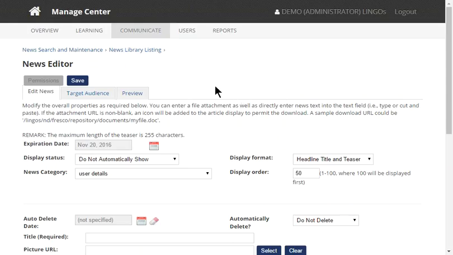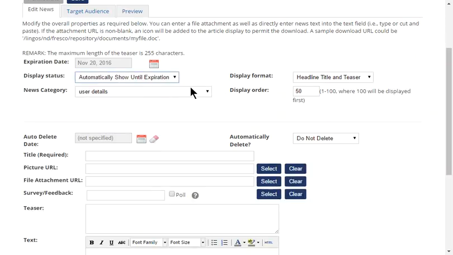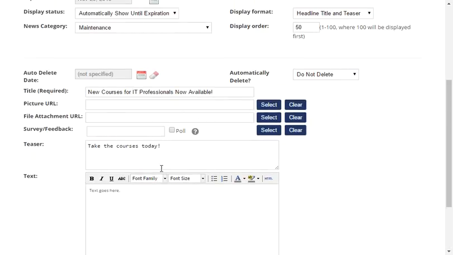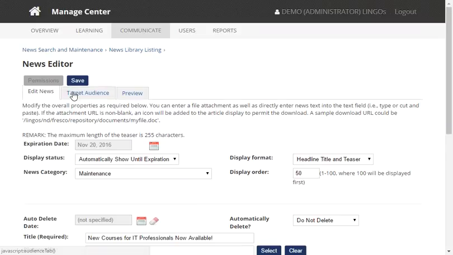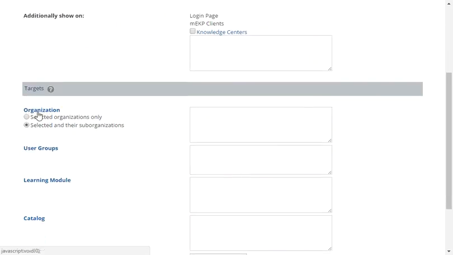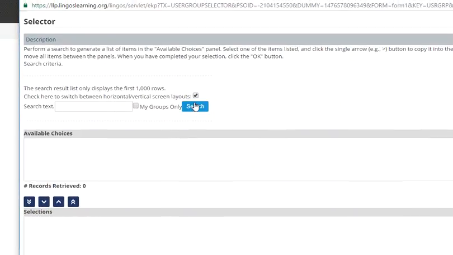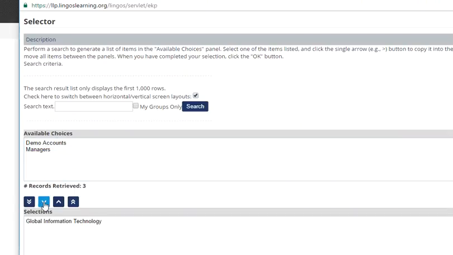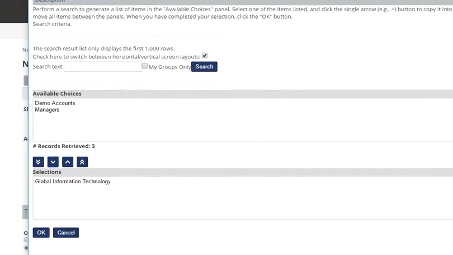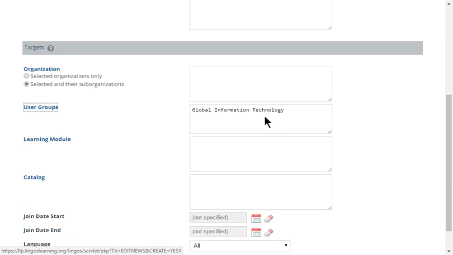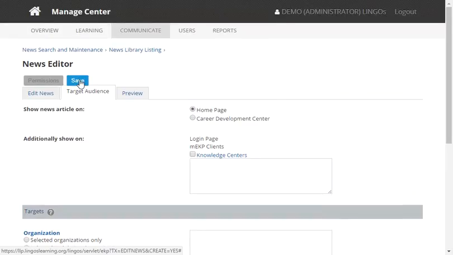Another place user groups can come in handy is in the news editor and leaving announcements for folks. You can come here and create a new announcement. So I've created a new announcement here to let the IT professionals know that there's a new course available, and I would fill in the information here, of course. Now for the target audience, instead of going by organization, I'm going to choose a user group. I have to search for the user group, and there's my Global Information Technology. I click OK. So now you can see that the Global Information Technology group has been selected. When I click Save,